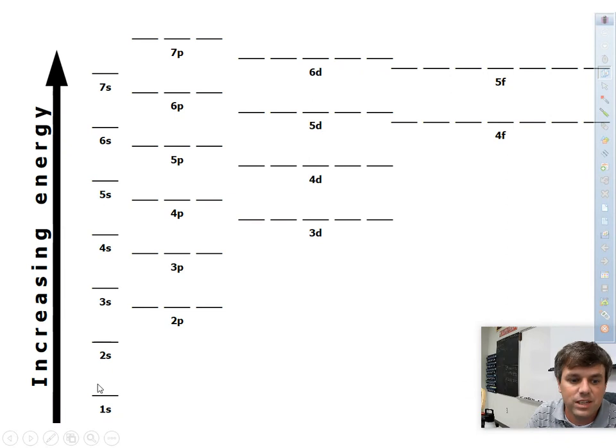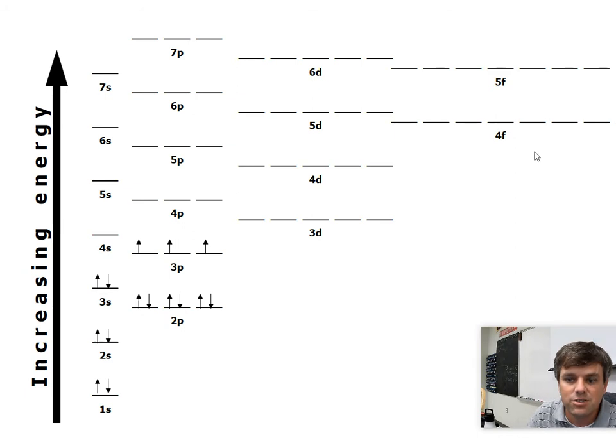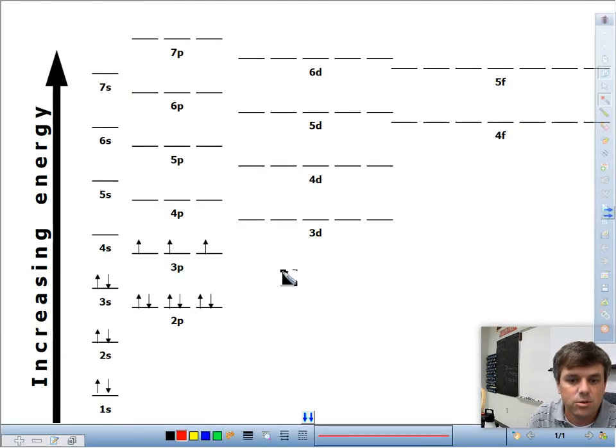So for phosphorus, we have 1, 2, 3, 4, 5, 6, 7, 8, 9, 10, 11, 12, 13, 14, 15 electrons. And if we're going to write the electron configuration for that, it would look like this. It would be 1s2,